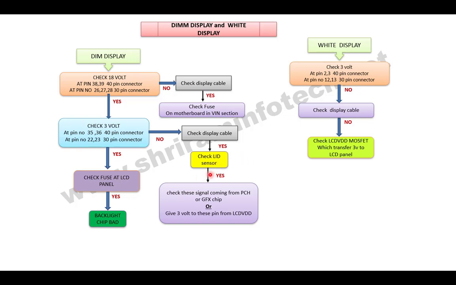Okay, and if 3 volt is still there but still dim display is there, then these two signals, enable and brightness signal, come from the graphics chip or from the CPU. So you have to check why this signal is not coming. Maybe some small track is open or some fuse or resistor is open, something like that. So you have to check that. Now if all the signals are coming, like 18 volt is coming, 3 volt is coming, but nothing happens, then you have to go to the display screen like this,